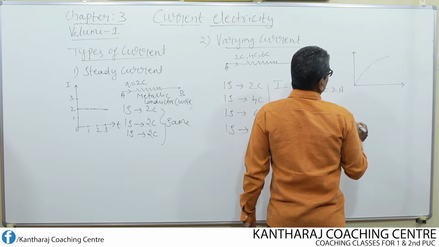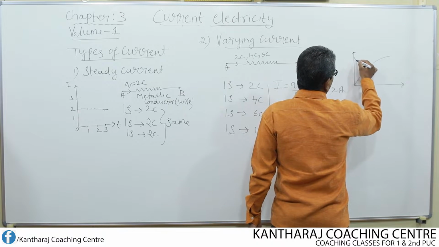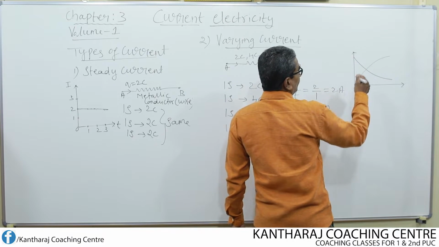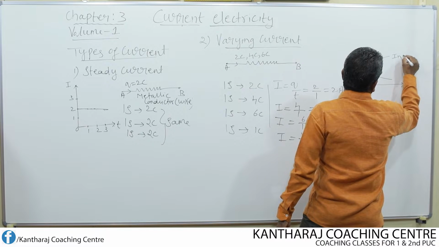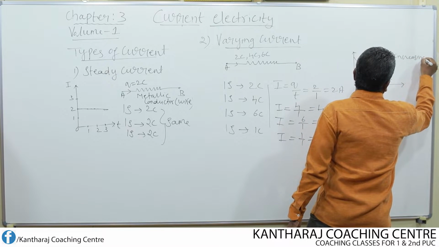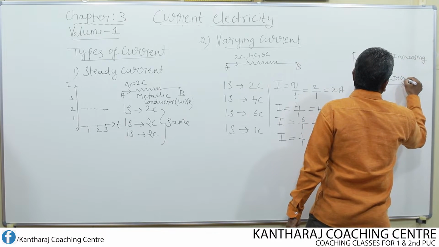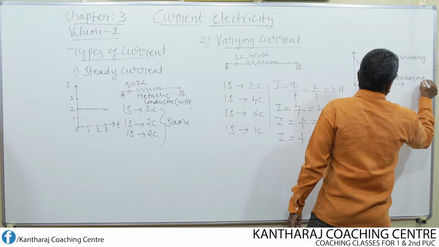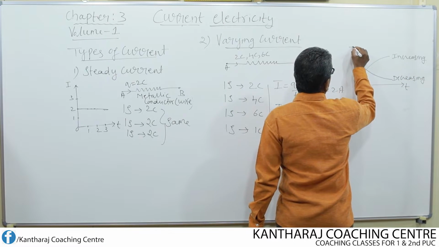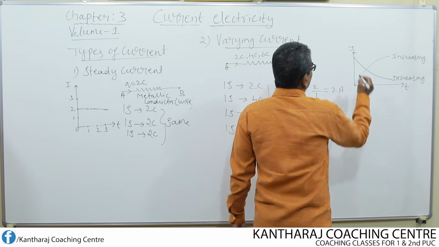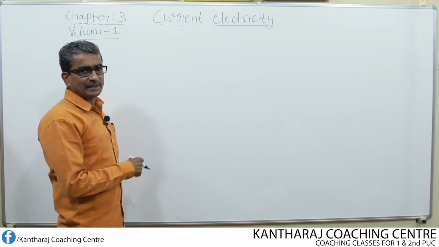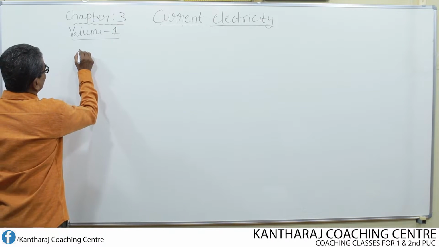So this is increasing current, and this is decreasing current, both are varying. So increasing as well as decreasing. Along the x-axis we consider time, along the y-axis we consider current. Now the next type of current is